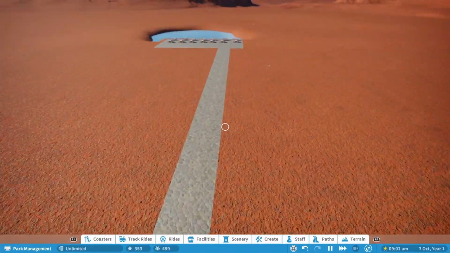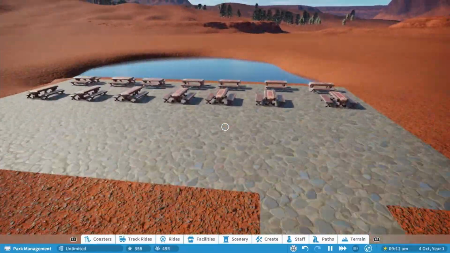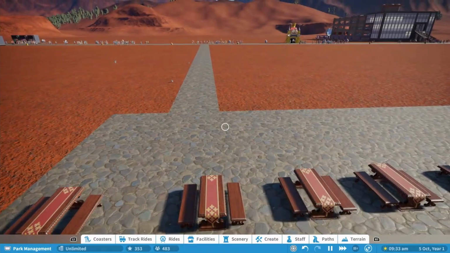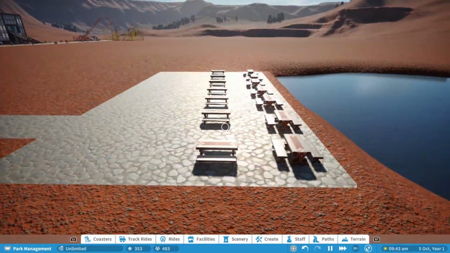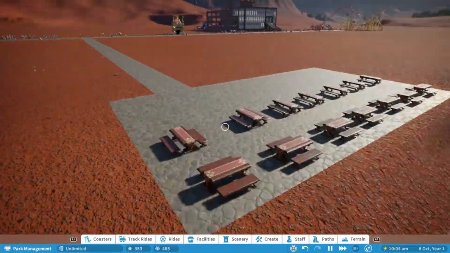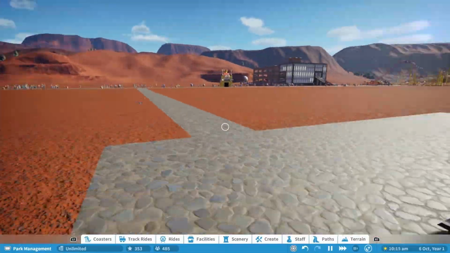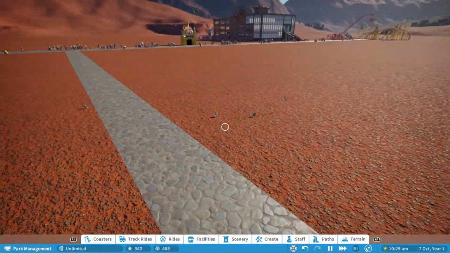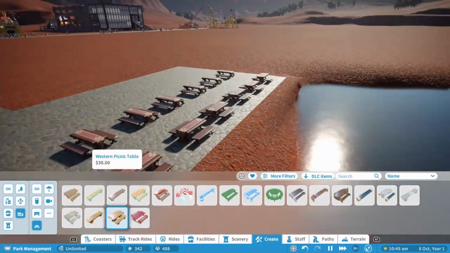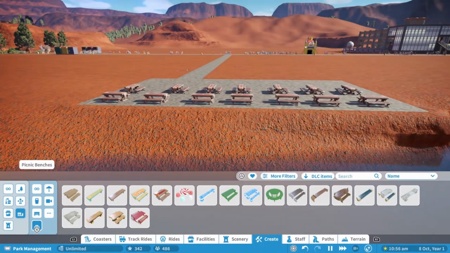What I've done over here, as you can see, I've built a nice little terrace. I've built a little platform with a few benches looking over the water. Very basic, I know. But no one's going to come down here. I could build a nice fancy little restaurant, and no one's going to come down here and have a look. They'll come down, buy a burger and walk back. So what I would suggest doing at this point, if you want to put a really nice looking building into your park like this,